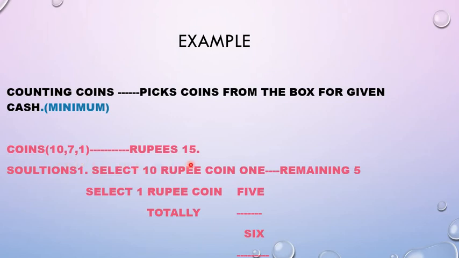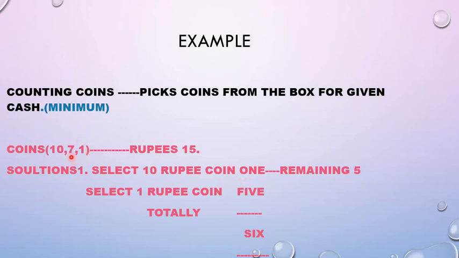So what do I have to pick? 15 rupees. The best local optimum choice means we move for what? 10 rupees only. So I have taken the 10 rupee coin. Among the 15, I can place the 10 only one time. The remaining is 5, so I can't use the 10 rupee coin once again. So I am selecting the 10 rupee coin one time. The remaining is 5, so no other choice is there.